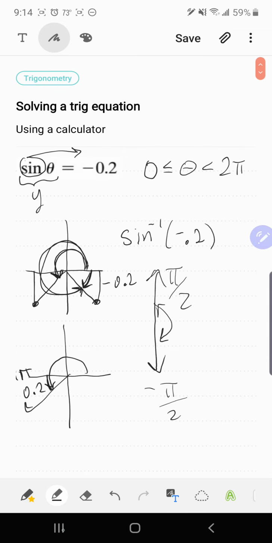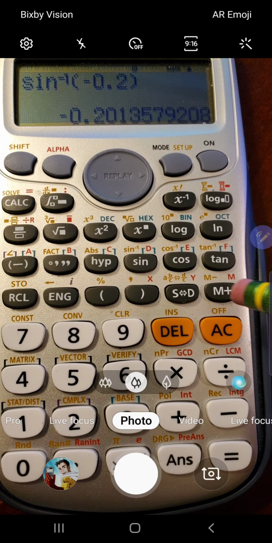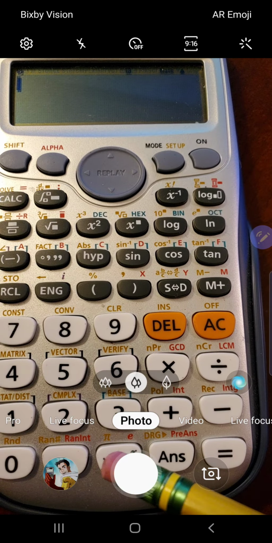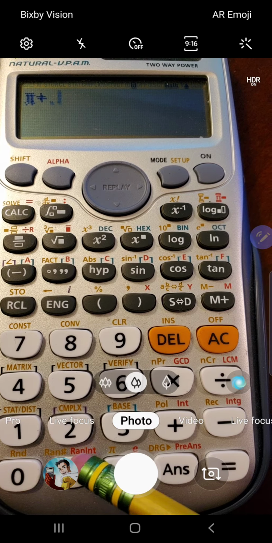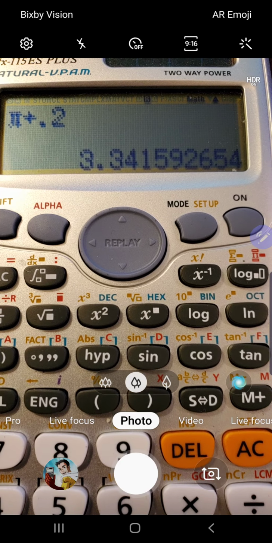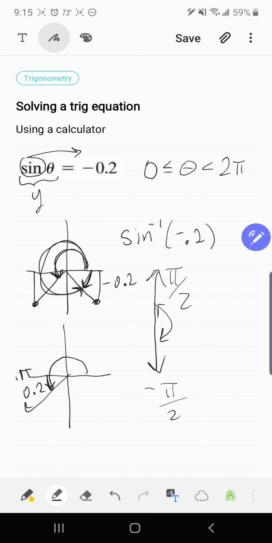So again, we're going to go to the calculator, and we're going to go pi plus 0.2. And so the first angle that I need is 3.3, let's call it 3.34 rounded. So the first solution is going to be theta equals 3.34 rounded. And we know that there is another angle in the fourth quadrant,